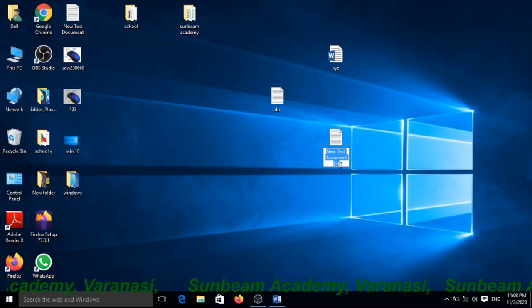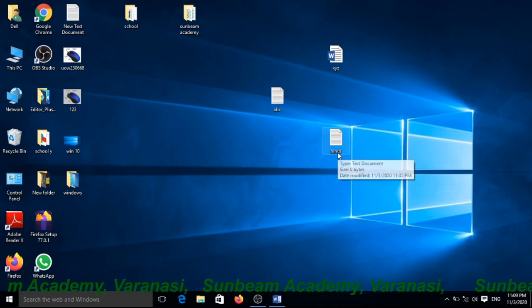The selected text has a light blue background, ready for rename, and you can type here the name of the file. Suppose I want this file name to be Hindi. Yes, this file name has changed into Hindi now.